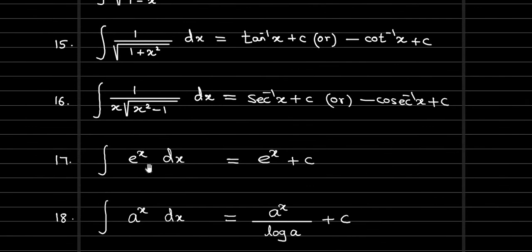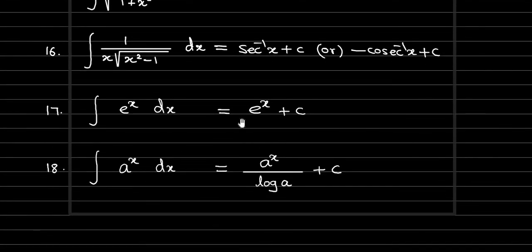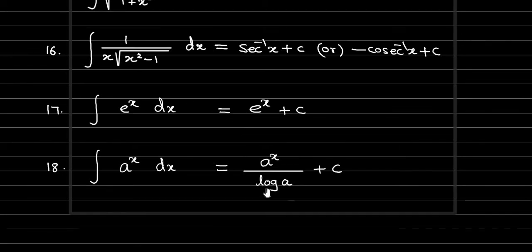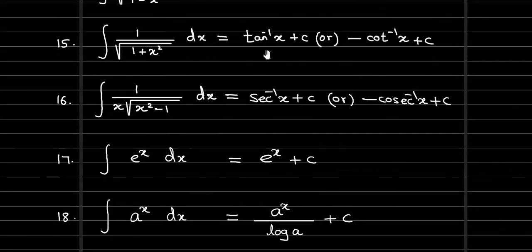And this is the exponential function. Even in differentiation, what is the derivative of e power x? Same e power x itself. In integration also there is no change. Integral e power x is also e power x itself. And integral a power x dx. What is the differentiation of a power x? A power x into log a. Right. So there we wrote it in product form. But here you have to write it in the denominator. So you should not write it in product form. Integral a power x dx is a power x by log a plus c.